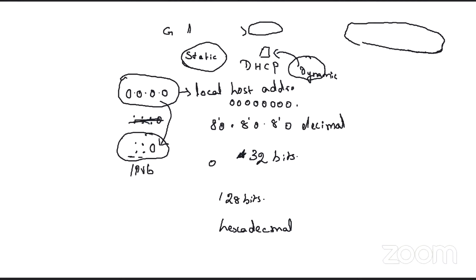Because of the scarcity of IPv4 addresses, they have introduced this type of representation. But nowadays both IPv4 and IPv6 are used to avoid the depletion of addressing, right? Dynamic means it will be allocated dynamically, whenever the system is switched on, from the available pool